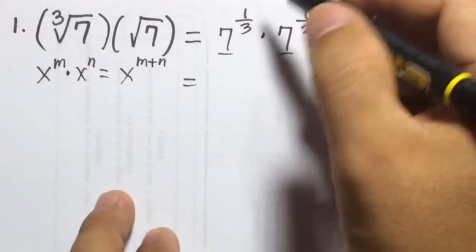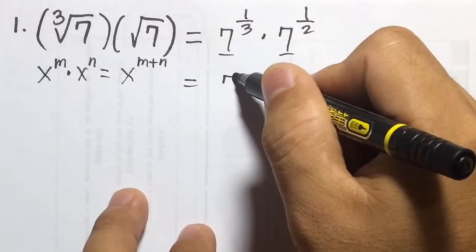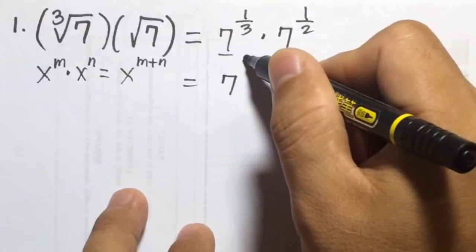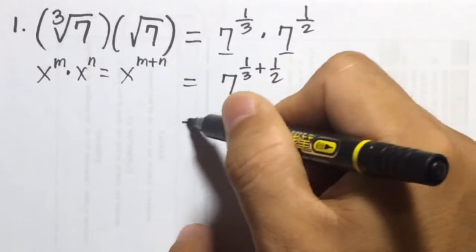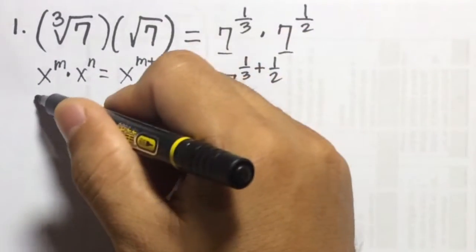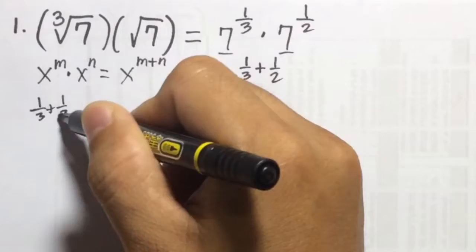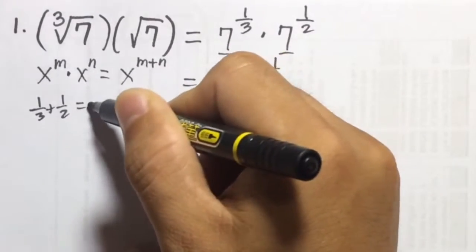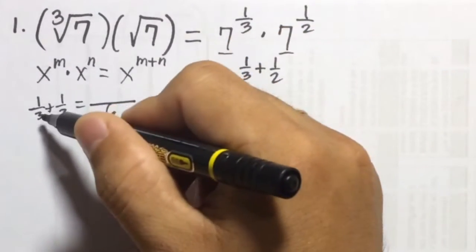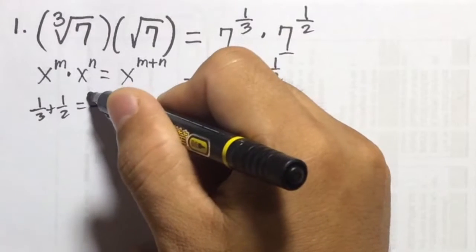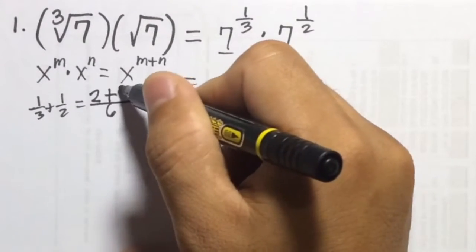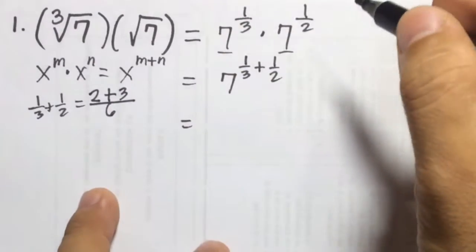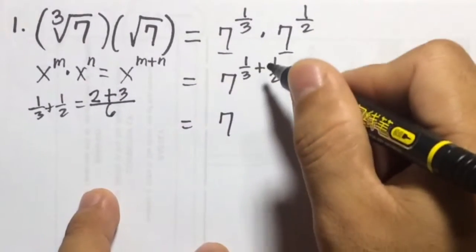So we can just copy the base 7, then we're going to add 1/3 plus 1/2. Then 1/3 plus 1/2, the LCD is 6. Then 6 divided by 3 is 2 times 1, that will be 2, plus 6 divided by 2 is 3 times 1 is 3. So that will be 7 raised to the power of